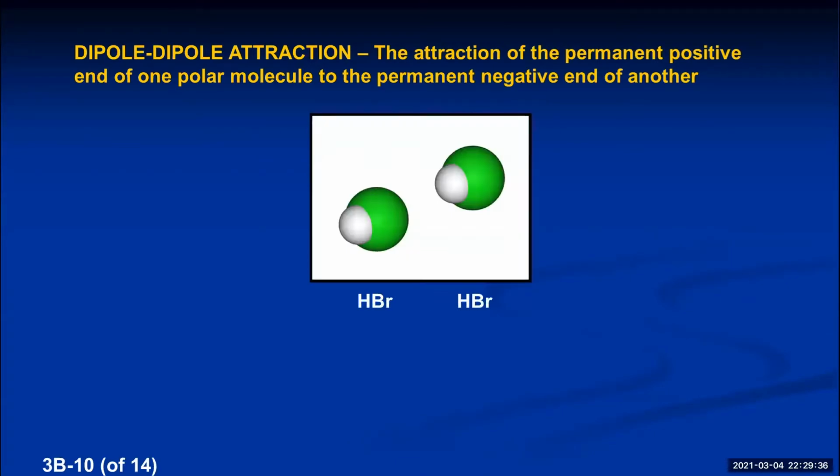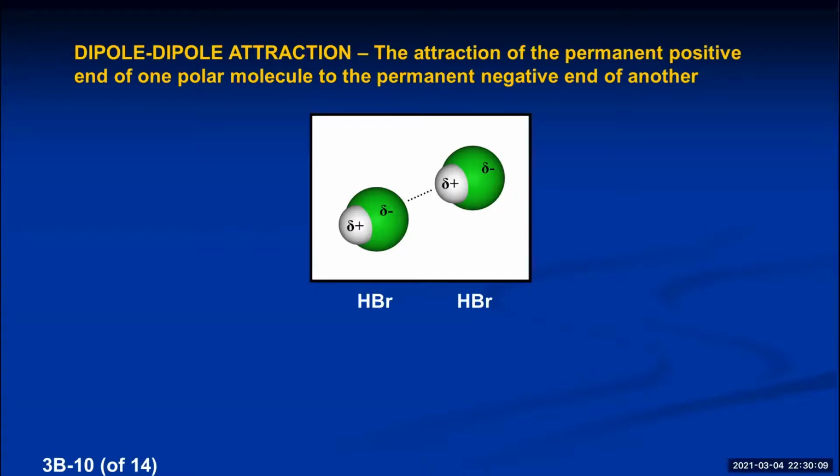So HBr molecules are naturally polar. The hydrogen end is positive, the bromine end is negative. So when two HBr molecules approach each other, this second one actually spins around to face exactly like this, so that the positive end of it will face the negative end of the HBr. If these were nonpolar molecules, this one could spin around in any direction. It wouldn't have any preference. But because this already has a negative end, the positive end is drawn to it, and the attraction of that positive end to that negative end is called a dipole-dipole attraction.